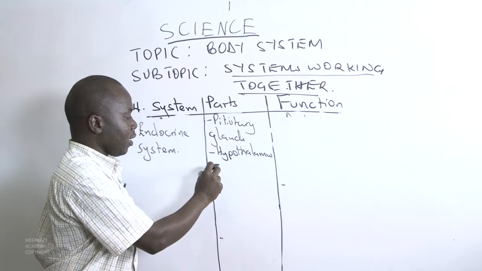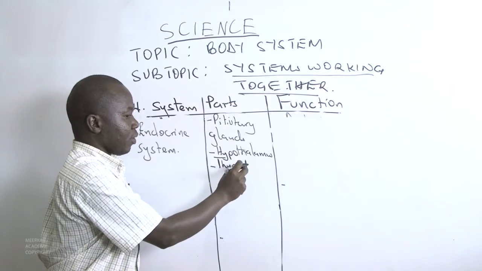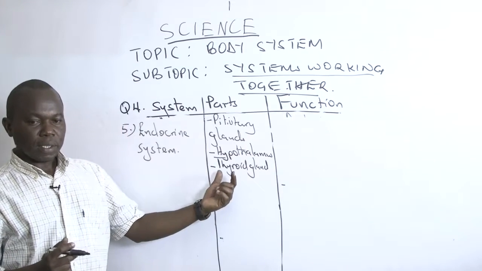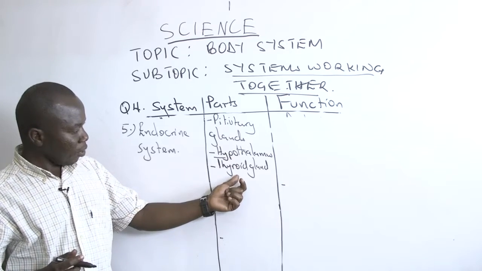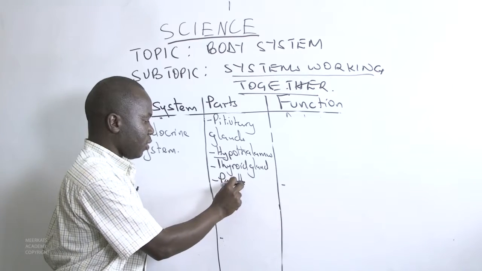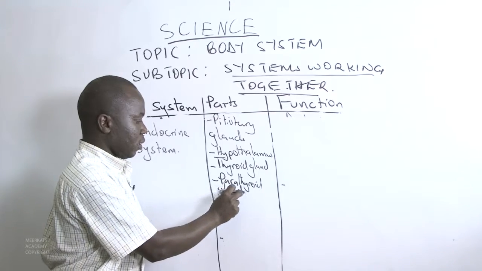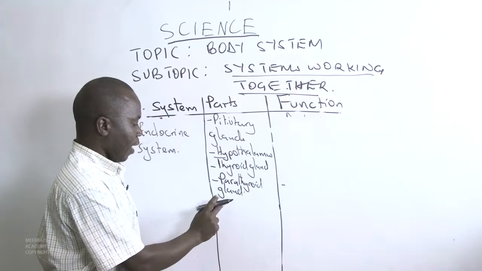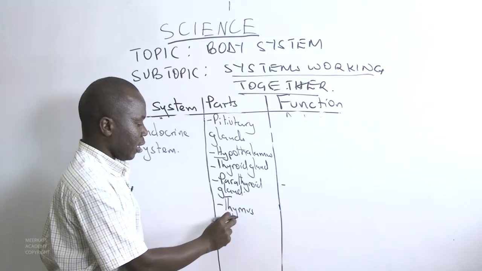In the neck region, we have the thyroid gland, the one that secretes a hormone called thyroxine. We have the parathyroid gland. We have others like the thymus gland,